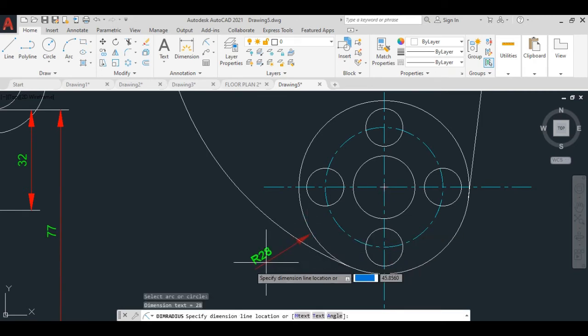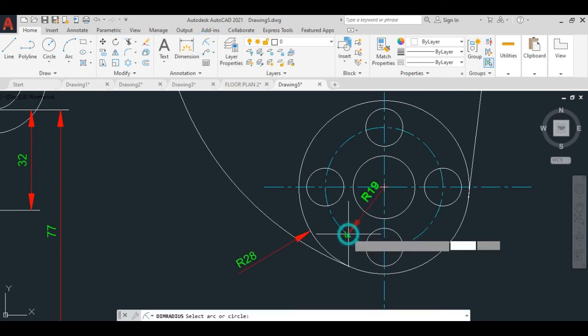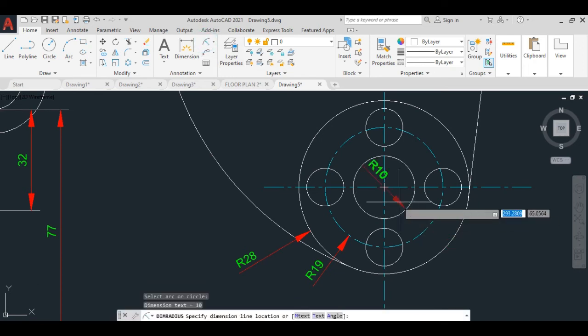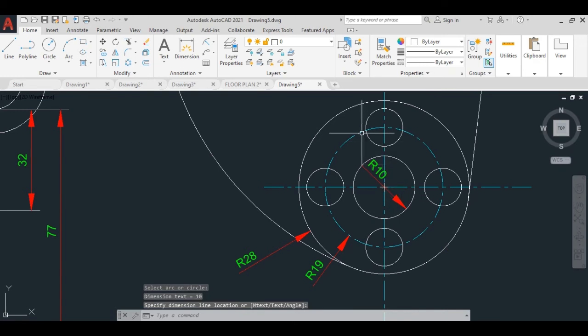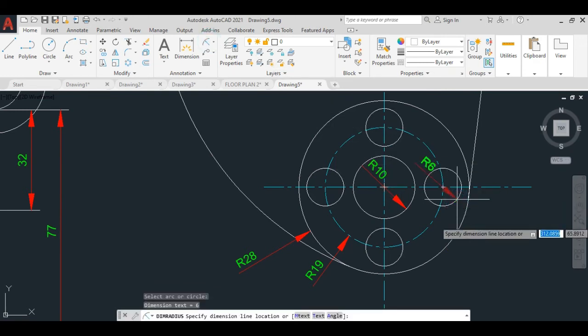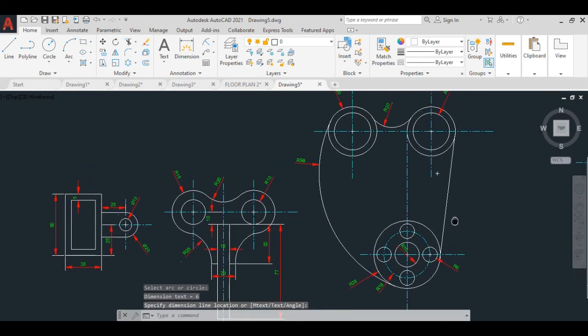So this bigger circle has radius 28, and this is radius 19. Here we can fix radius 10, and this radius 6.